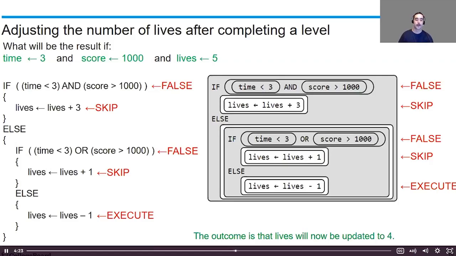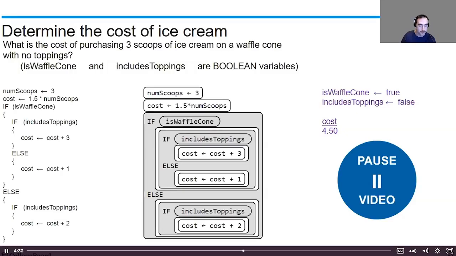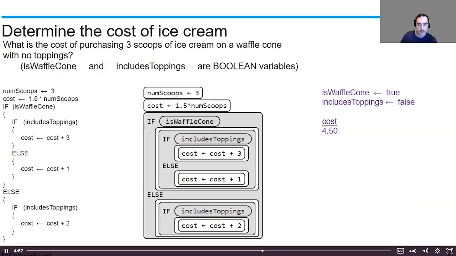So now let's practice looking at a different pseudocode starter. And what I want you to do is pause your video, review the problem, and see if you can figure out what the cost of the ice cream will be for these values over here. All right, how'd you do? Let's take a look and see